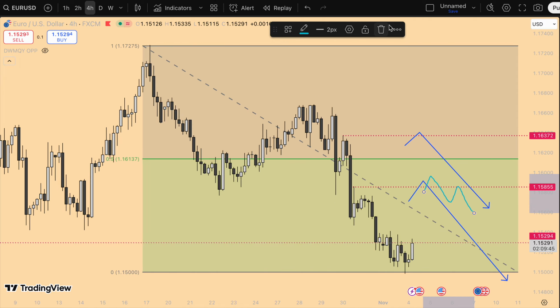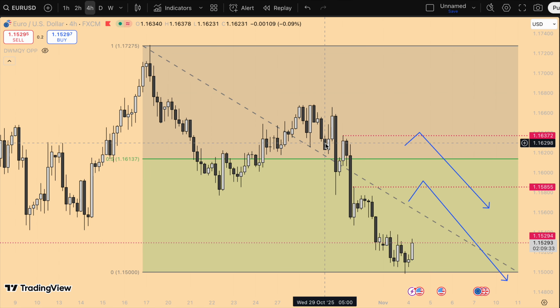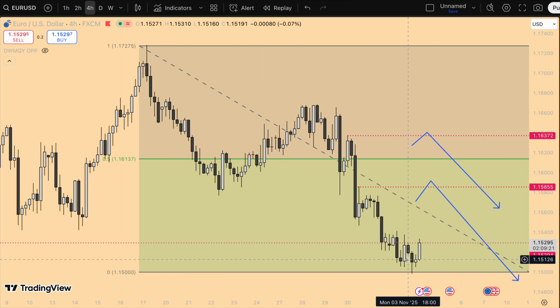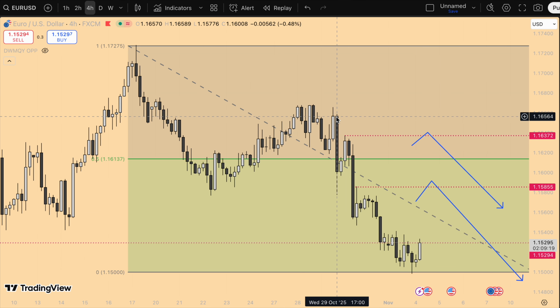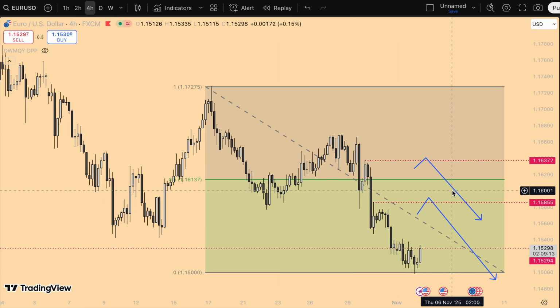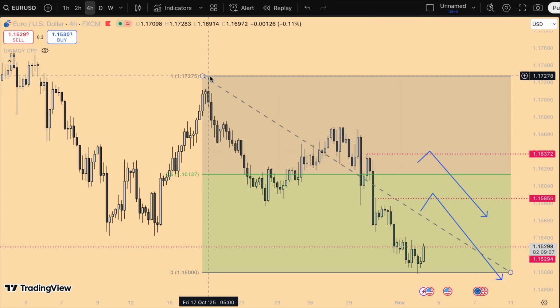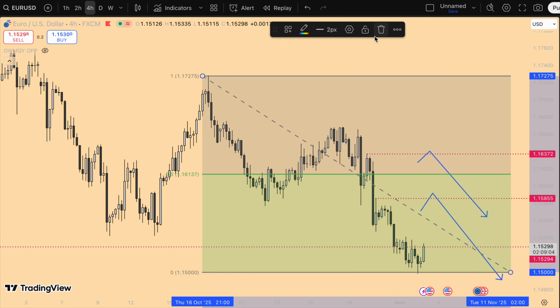For example, if you look at here, guys, we came into here and took out this high. We took out this high, we took out this one also, and then what do we have? Now lows being broken. Here was the break of the low, and then this was the change of character. You had the retracement, and then boom, the sell off. So basically, this is what we're looking for every time. So for me, I'm just looking for retracement on EUR/USD, and then perhaps some shorts. As I maintained, I would be looking for longs only when we break above this line.